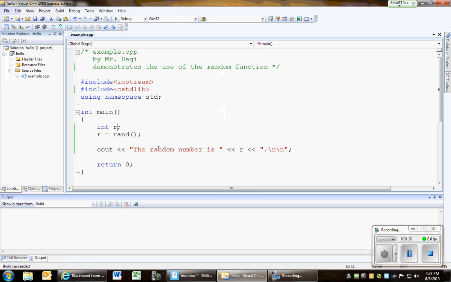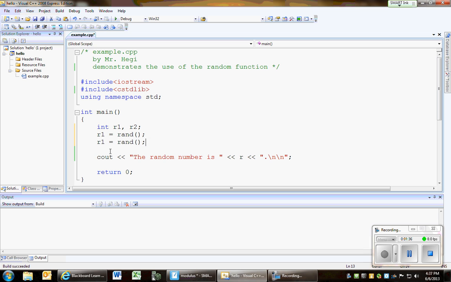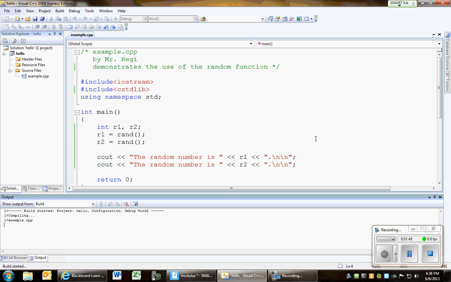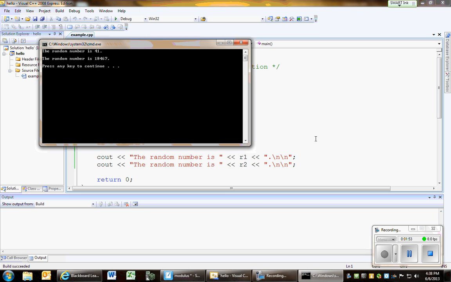Let's create a couple random numbers. We have R1 and R2. So R1 will be our first random number. I'm just going to copy, paste. R2 will be the second random number, and I'm going to copy and paste. R1, R2, build, run. And I have 41 and